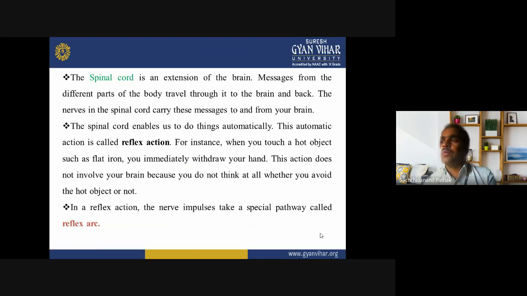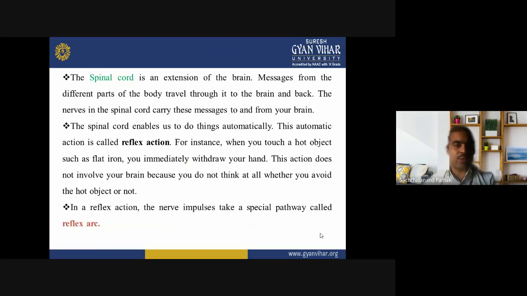Now, when you touch a hot object, did you ever think about that? Now, this object is hot, now I have to remove my hand. Has that ever come to your mind? For example, if there is a hot plate and you touch it, after touching the hot plate, what will be the first action? You will pull your hand away from the hot object, or you will think that this object is hot, now I must pull my hand. You would say the first one. Automatically the hand will pull off.